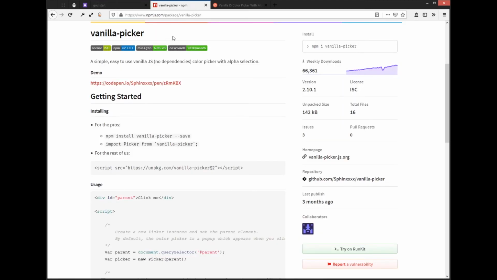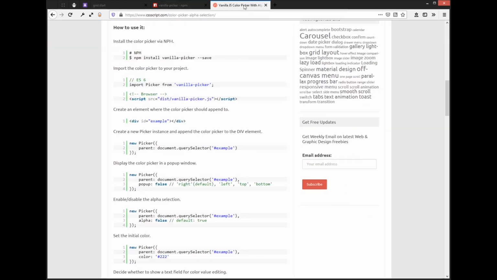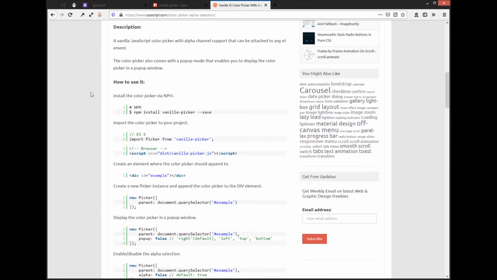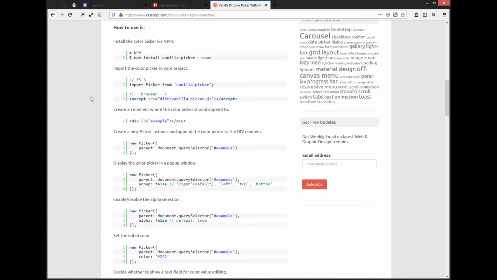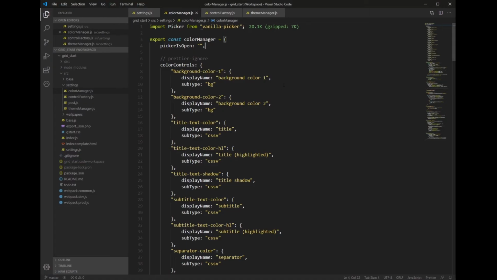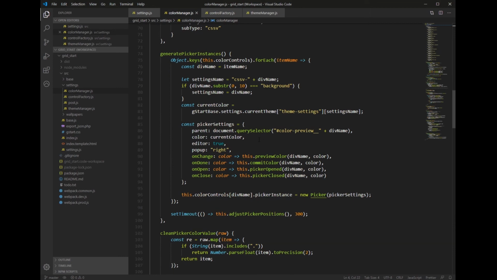This is the package page for it, but I've actually found a different site where you have a more detailed instruction in how to use this picker. Basically what you have to do is import the package, and then you create a new picker instance like this